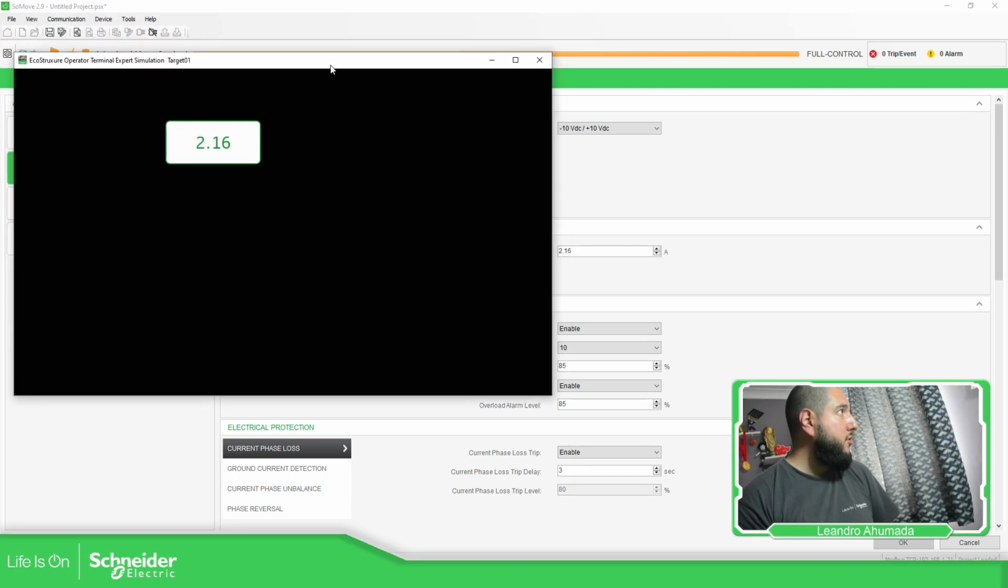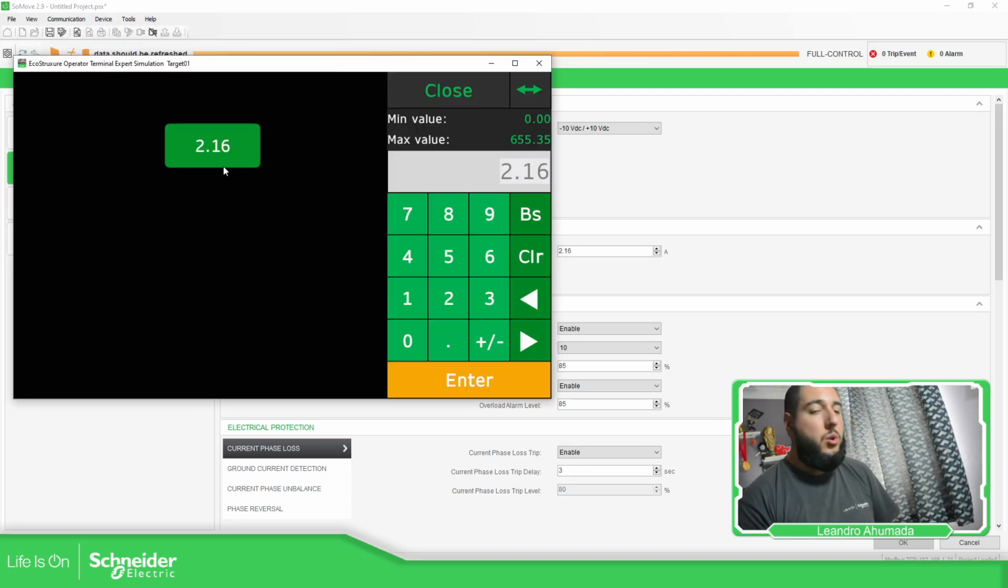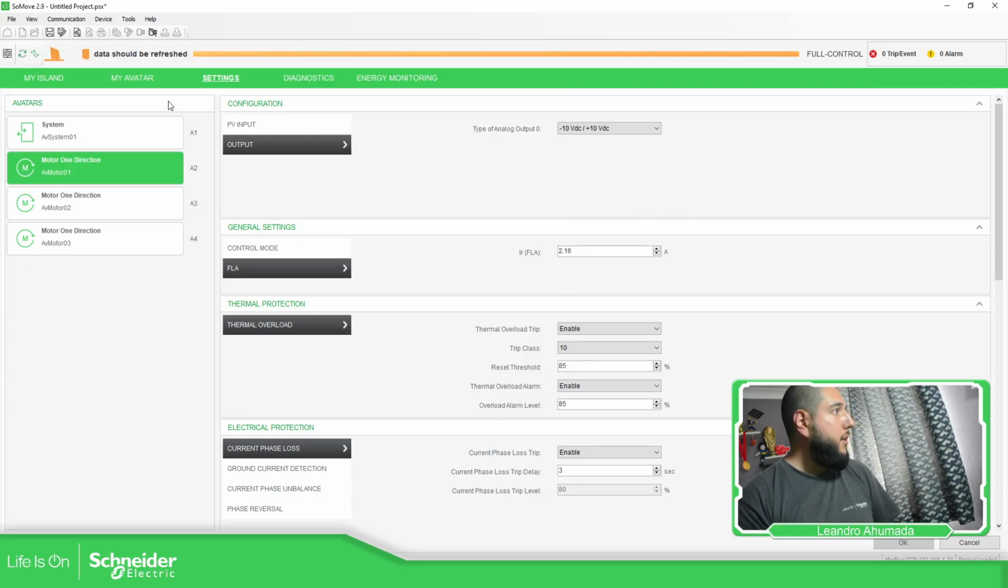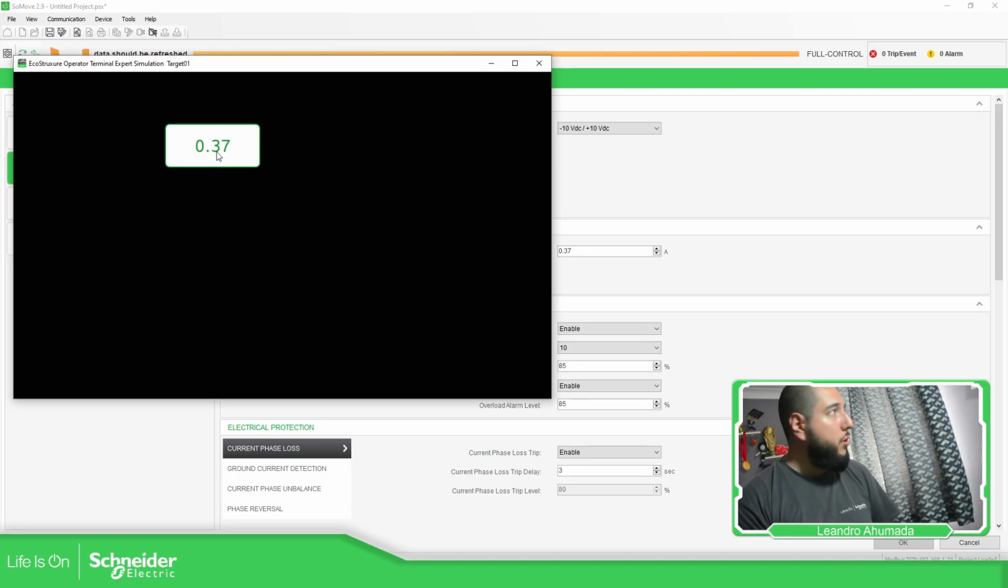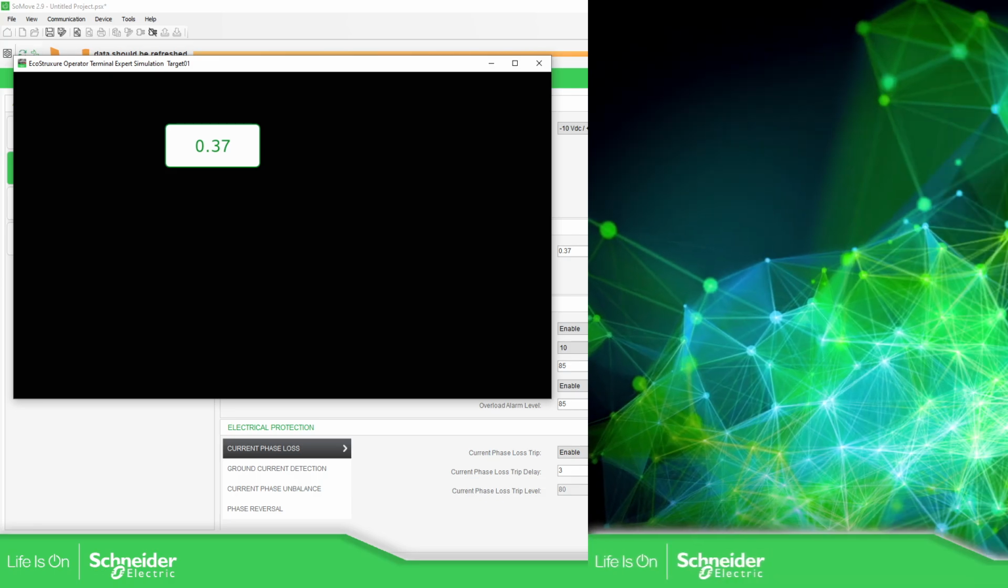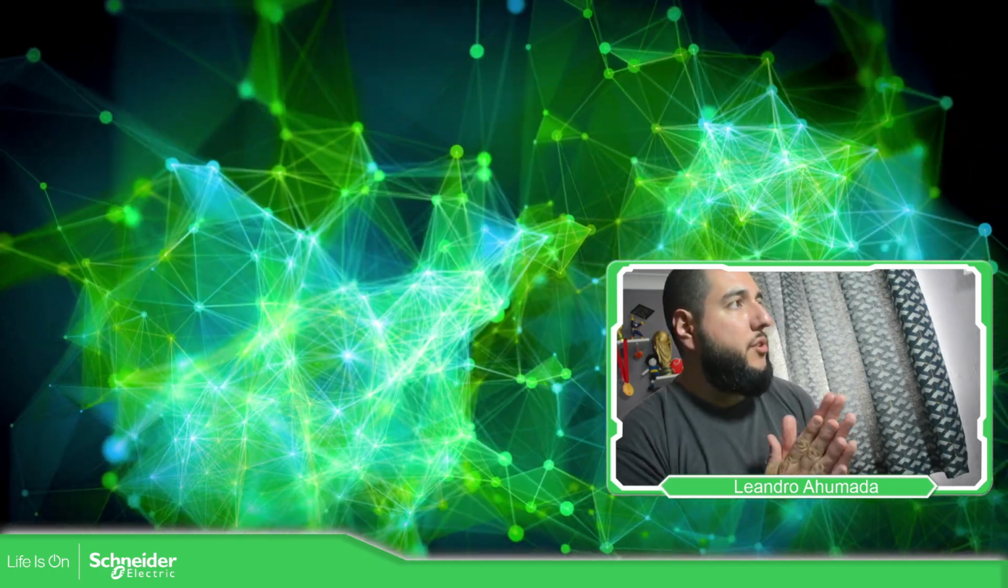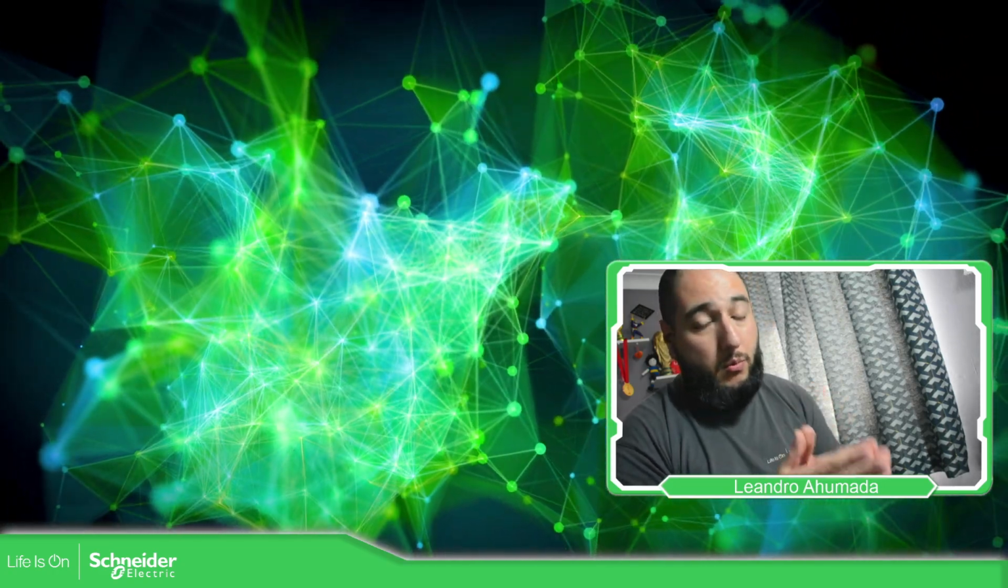So let's go for the HMI now. So I'm going to use 2.37. Okay, and if I go here, 0.37, because this one is using a word, and I use 2 decimal points, but it's sending the word, the variable that I need. Okay, so this is how you can change the full load current on the avatar,